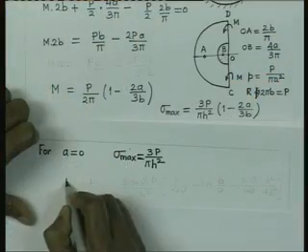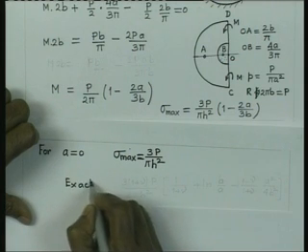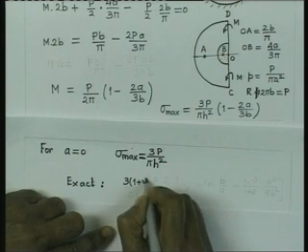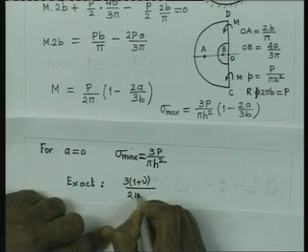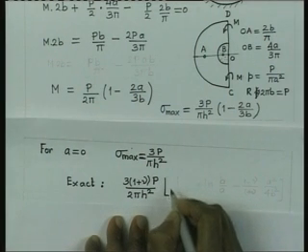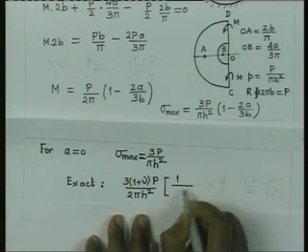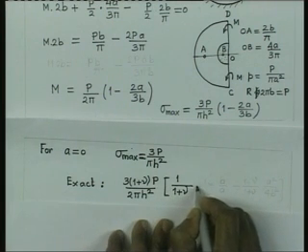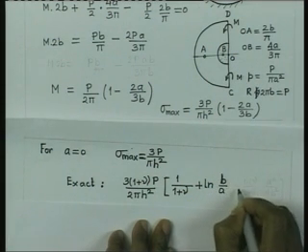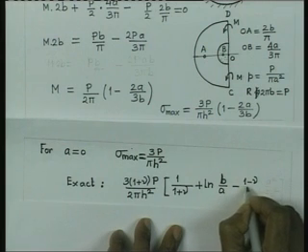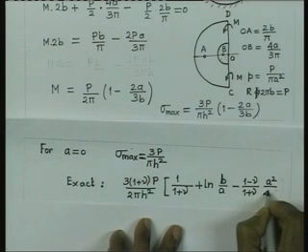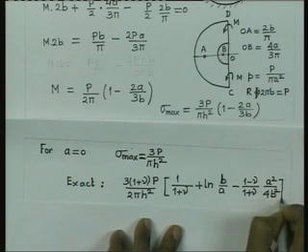Then in that case, this maximum stress, so exact answer is nothing but 3 into (1 plus nu) by 2 pi h square into p, into [(1 plus nu) plus ln(b by a)] minus (1 minus nu) into (1 plus nu) a square by 4 b square. So, that is the